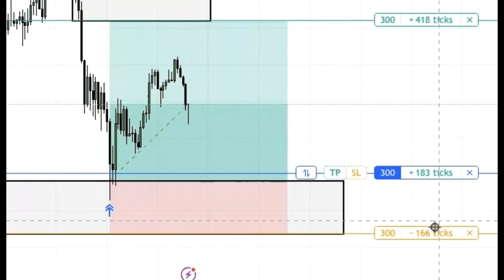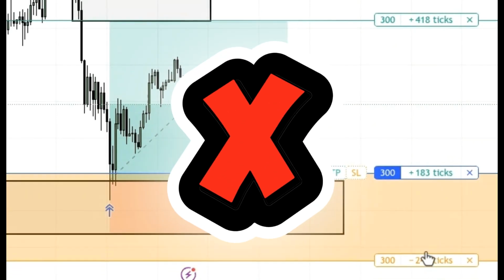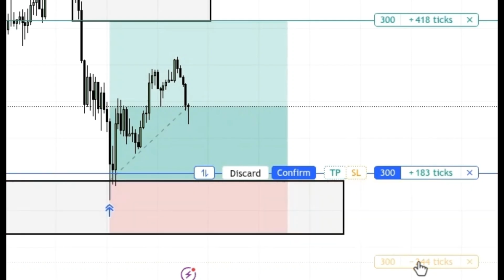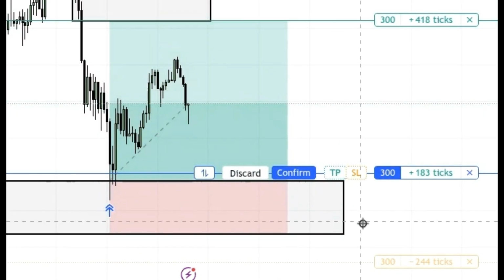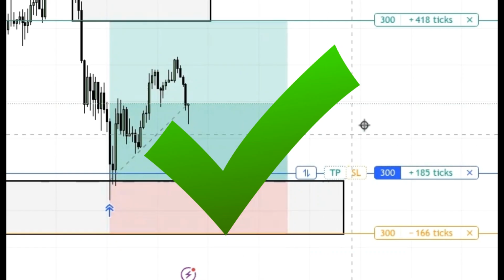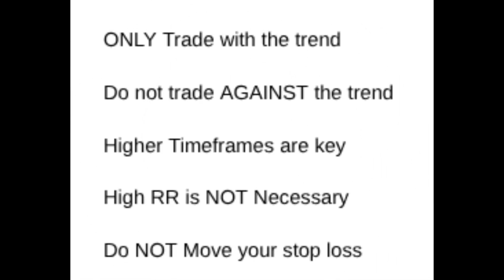Never move your stop loss. Always stick to your strategy, and whenever you place a trade, never move your stop loss. Once you place a trade, that's it, and you let the markets do what they're going to do. Otherwise, this will just mess up your psychology, so think of it when you place a trade that it's final, and the only thing that you can do is manage the trade. Do not be attached emotionally, and you should not care whether it's a win or a loss. These were the 5 price action rules every trader should know.